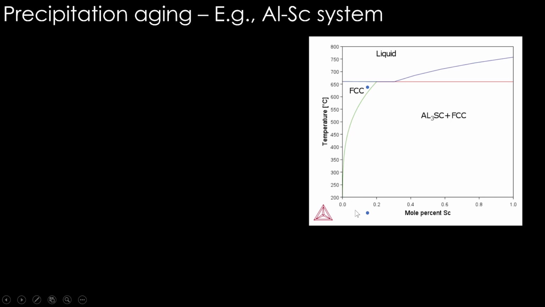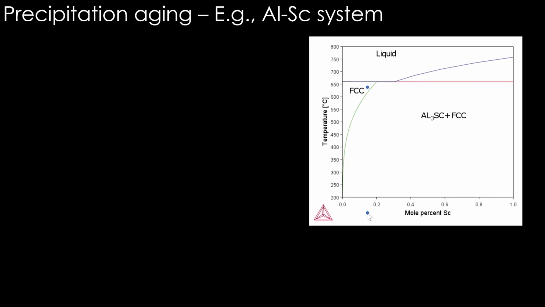So there, if you see, the solubility in FCC is actually extremely small. Scandium does not dissolve into this aluminum to any significant degree at this temperature. So therefore, what we have here is a supersaturated solution. Because the saturation limit is only here, we have a high amount of solute dissolved in it by virtue of freezing the high temperature structure. Therefore, it is supersaturated at this temperature. Only at high temperature is it within the solubility limit before the saturation point. At this temperature, it is well beyond the saturation point, therefore it is supersaturated.